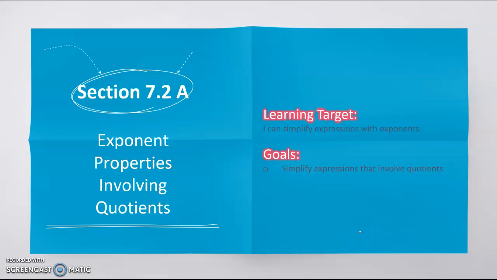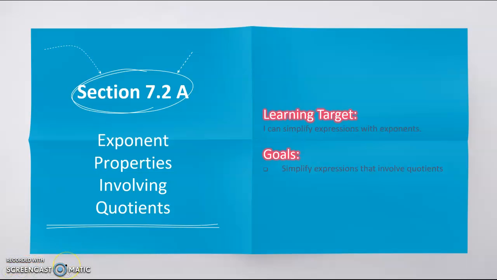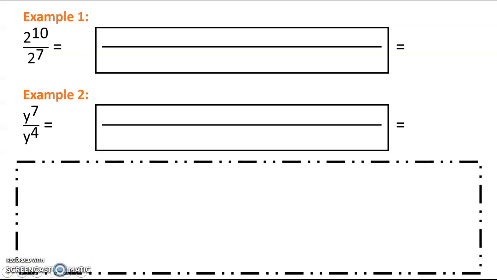All right, so here is the 7.2 notes that we'll be dealing with. There it is. We'll be dealing with exponent properties involving quotients. As we did in the last section, we did exponent properties involving products. Now this will be dealing with exponent properties involving quotients, which basically is fractions, division, all that kind of stuff. Okay, so